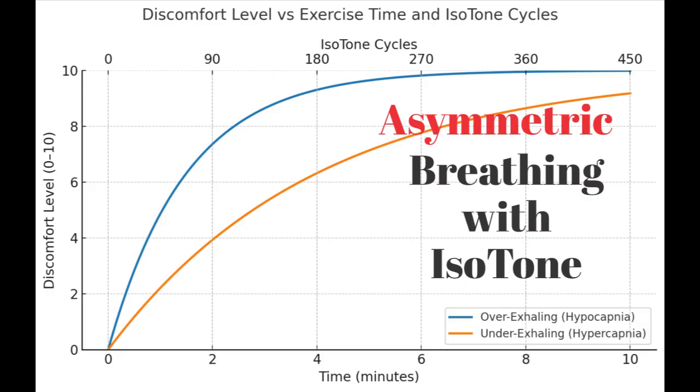Mm-hmm. And if you think about those phases, the 3, 2, 4 cycle ratios we talked about, warm up, steady state, cool down, following that kind of pattern is really going to help reduce discomfort and keep your energy up through the whole workout. And it all circles back to that core idea, the natural asymmetry. Your body wants to inhale faster and exhale slower. So working with that makes the whole strategy effective and actually pretty easy to follow once you get the feel